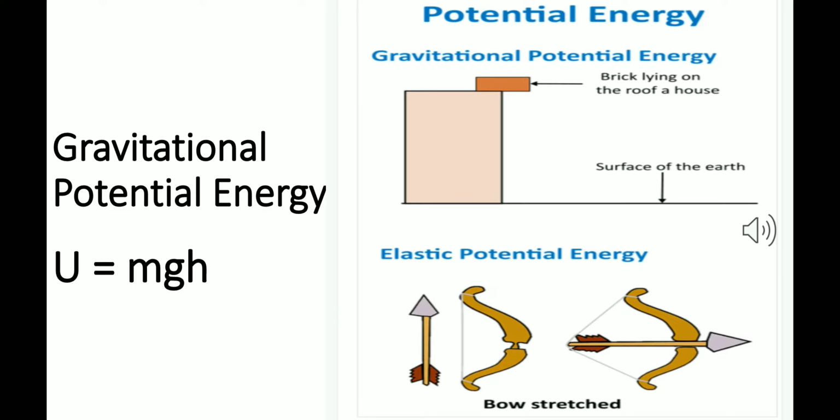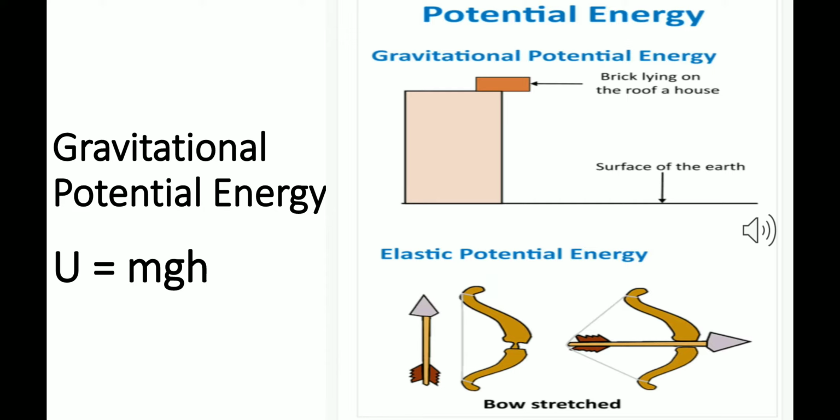brick which is kept on the top at some height. There is a ground level and the brick is kept at some height. So, some work has been done and the brick has been kept over here, and this brick possesses energy in stored form, and as it is at some height, there is energy which will be converted to kinetic energy the moment it is left from there. Okay, so when anything is at a height, this energy is known as gravitational potential energy due to its